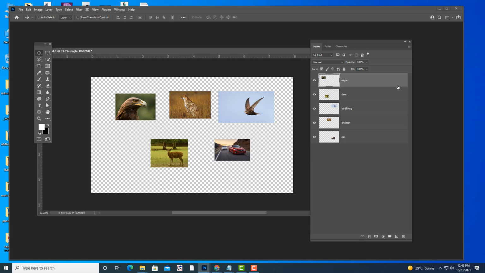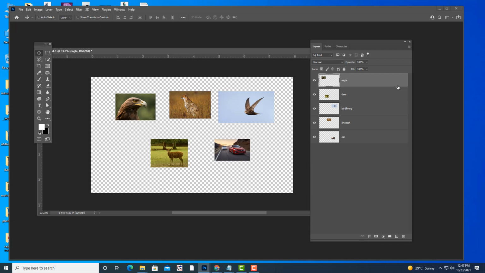In the coming classes, you will be having poster design, UI design. These topics you will be learning. At that time, we have to organize our layer stack properly. Because if all layers are open like this, it will be difficult for you to identify layers. So you have to group the layers and organize your layer stack properly. You will be having a lot of work with layers.